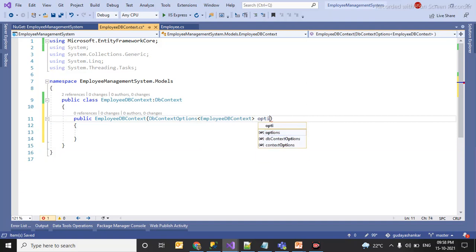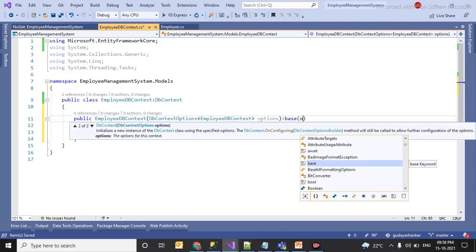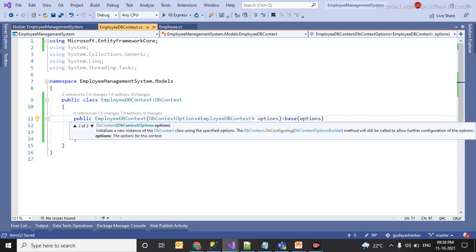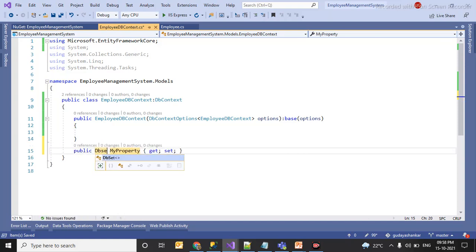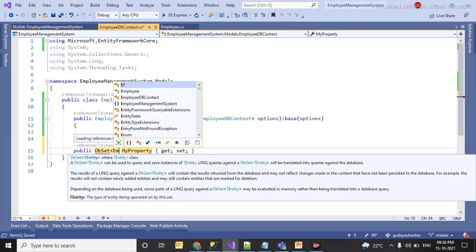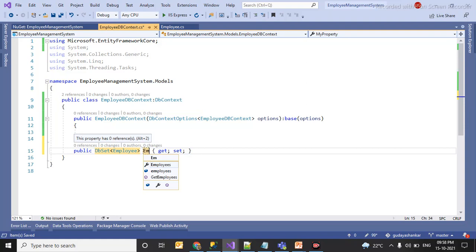Let me name it as options. Here we have to extend the base class options. Next thing is we have to register our employee class here, using DbSet, which is of type Employee, and we can name it as Employees.